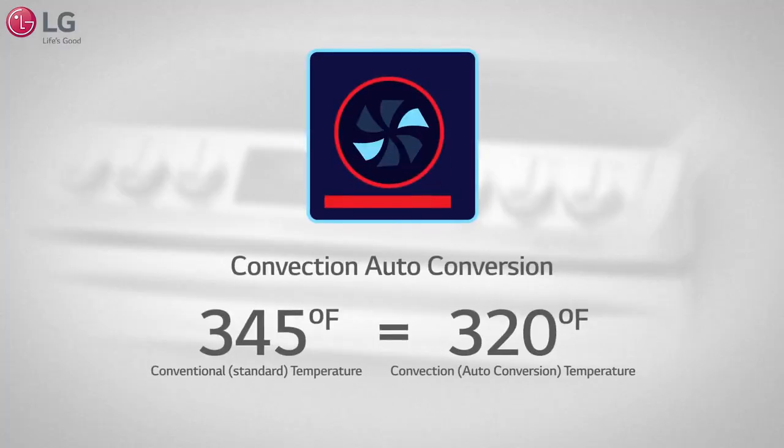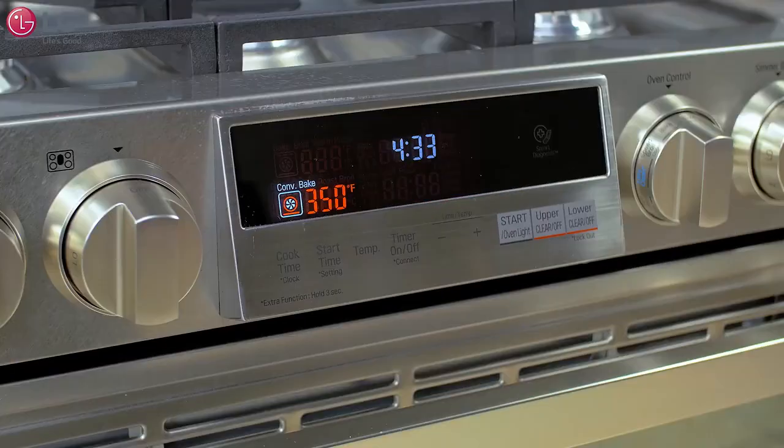For the convection cooking modes, Convection Auto Conversion automatically converts the standard recipe temperature you enter to one suited for convection cooking by subtracting 25 degrees. For example, if you select Convection Bake or Convection Roast and enter 350 degrees, the display will show 325 degrees